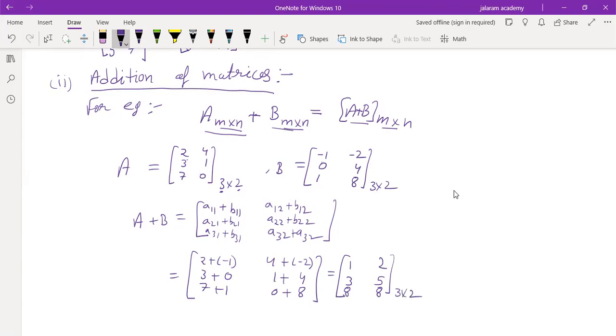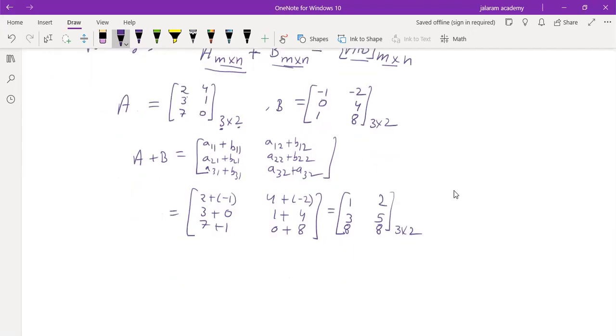So if two matrices are added, their orders must be same, and the order of their sum will also be the same. Is that clear to you? And this property is called closure law. What is this property called? Closure law. Means if, in short we write, if A and B belong to